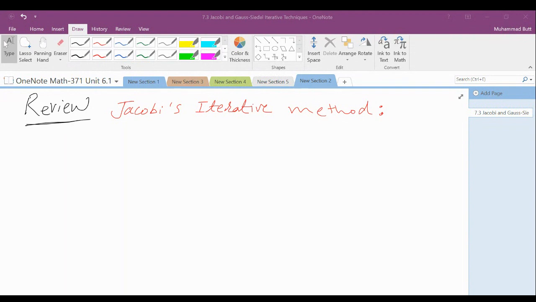And today we shall discuss how to make a MATLAB program for the Jacobi method. And then I hope you will make a MATLAB code for the Gauss-Seidel method by yourself. Before I go into the MATLAB coding, I would like to review what we have learned about the Jacobi iterative technique, or Jacobi iterative method. So the idea is the following. We have a system of linear equations.